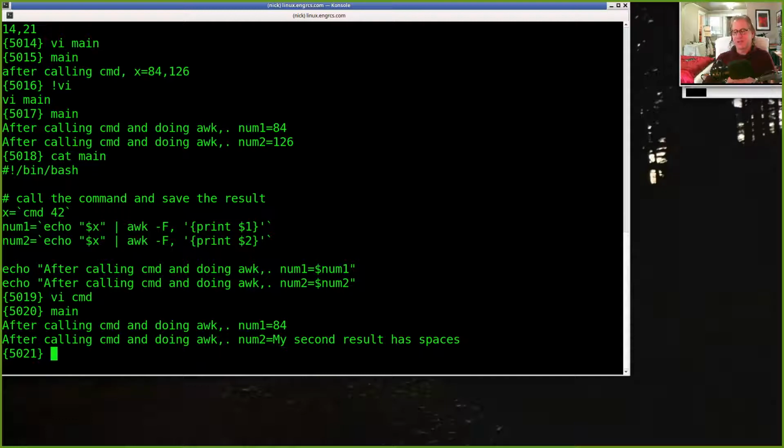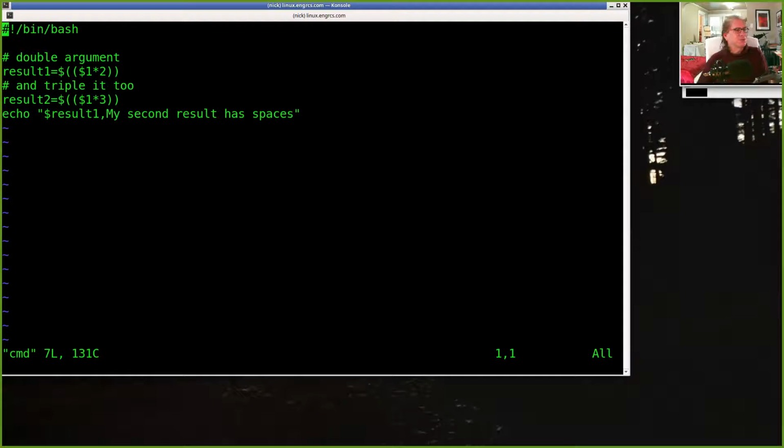Okay? It's your design. And unlike C, where there's really one main way to pass arguments back to a calling function, which is return parentheses value, you can have a lot more flexibility in Bash. I could return a value through a file if I really wanted to. If I wanted to return a lot of information, I didn't mind creating temporary files. You can also return values through $? if they're small. So after I call command,